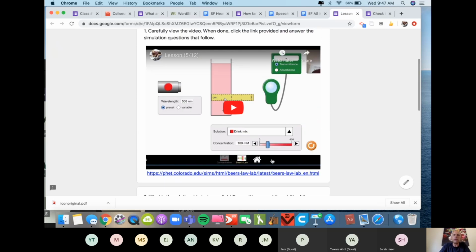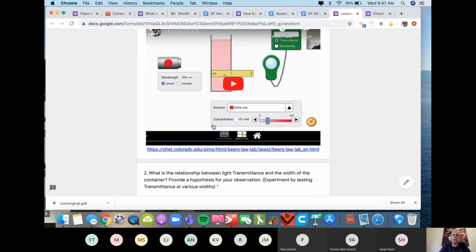So I recorded a screencast of me teaching them how to do the simulation, and then they go and do it. They play with wavelength, and they play with transmittance and absorbance, and they come to the realization that different solutions based on their color can absorb light or transmit light differently,